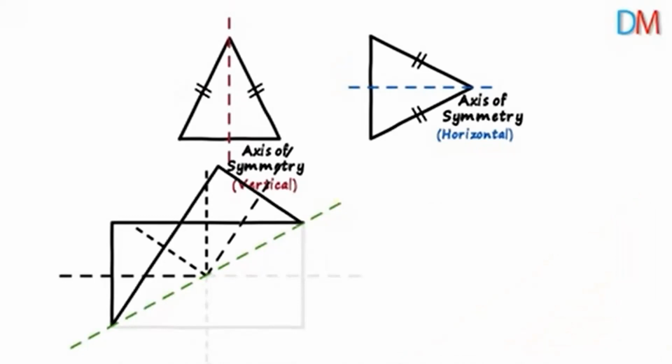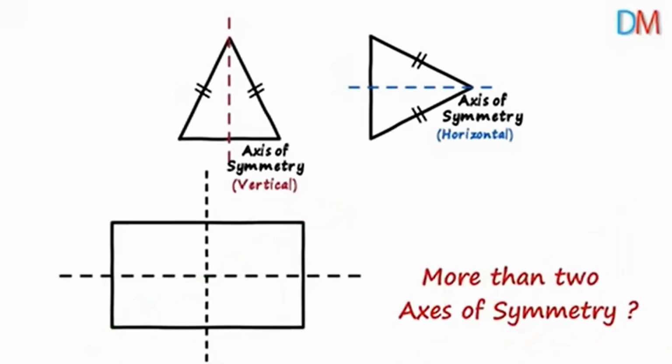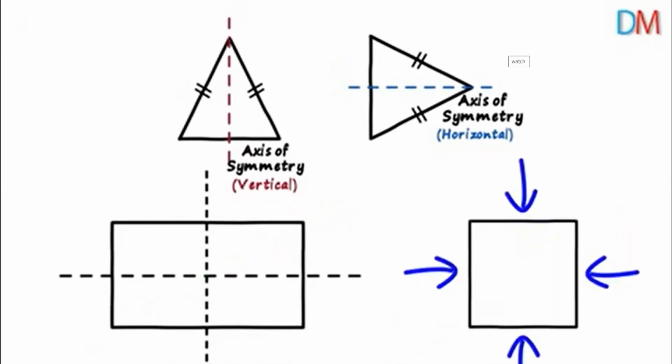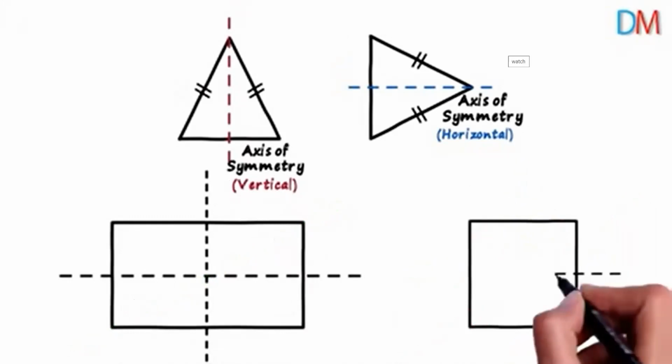Okay, here's another question for you. Can a figure have more than two axes of symmetry? If yes, then which figure? Again, the answer is yes. Take the example of a square. All its sides are equal and all four angles are right angles. It has a horizontal as well as